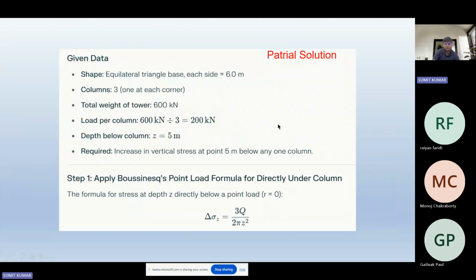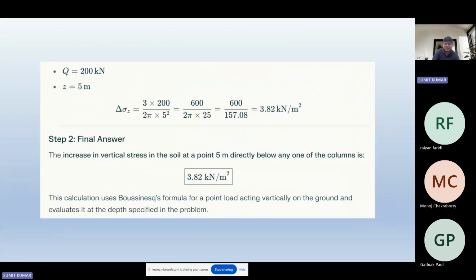Okay, so this is the homework for you to solve it entirely and mention the answer that you are getting. Okay, let me move to the next problem. The next problem says that